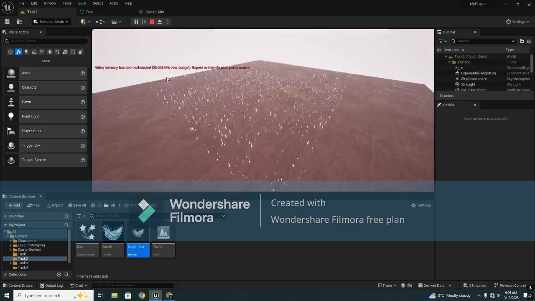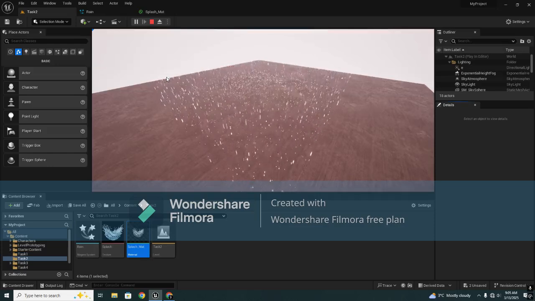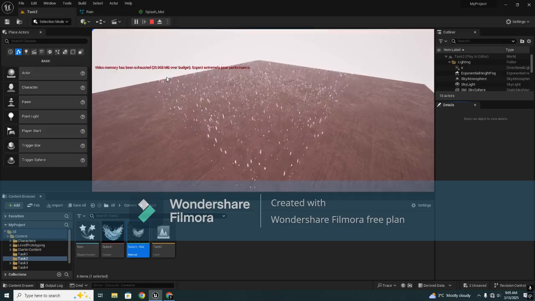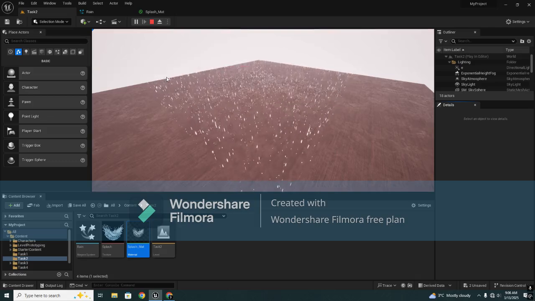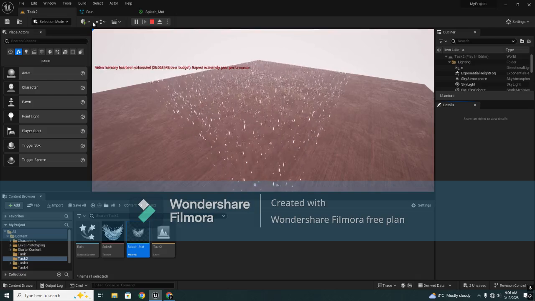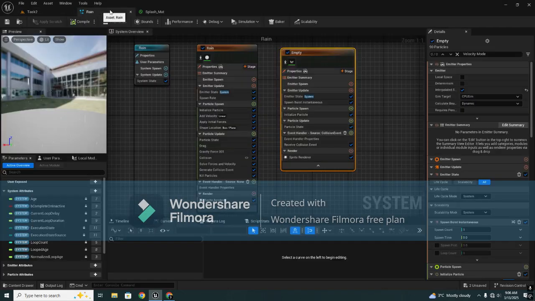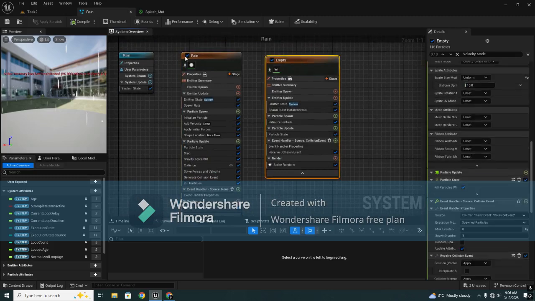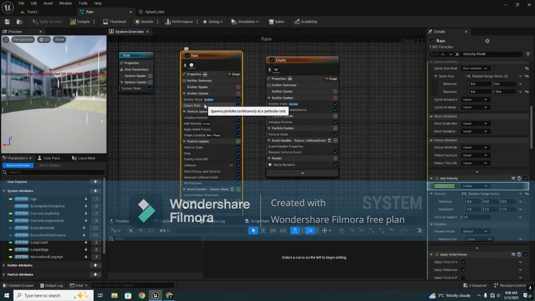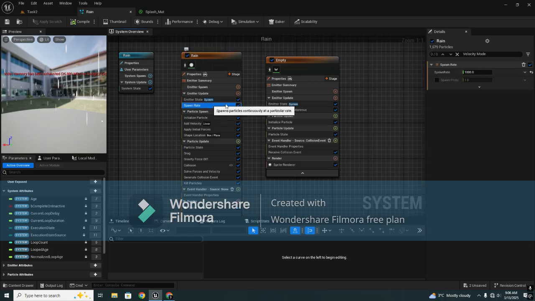Task 2. For task 2, we have to create a rain VFX system with two emitters, one for the rain and one for the splash effect. Let us open the emitter. Here we have the emitter, the rain and the splash. For the rain emitter, we have set the spawn rate to 1000, so it emits 1000 droplets. In the initialize particle,